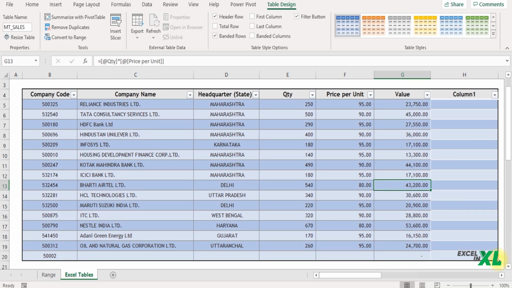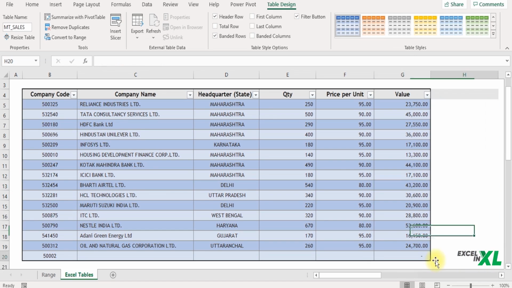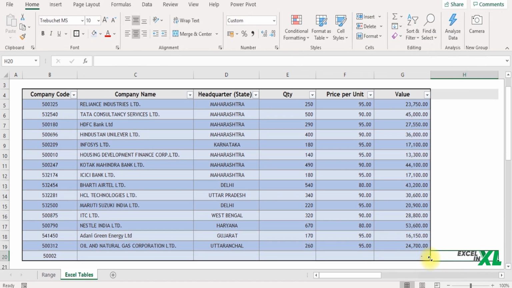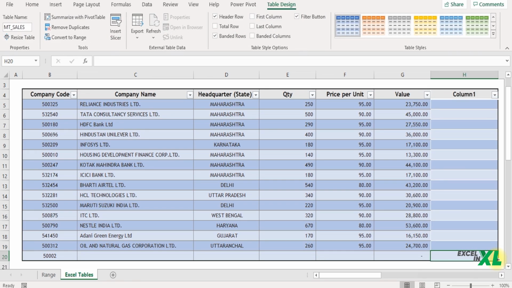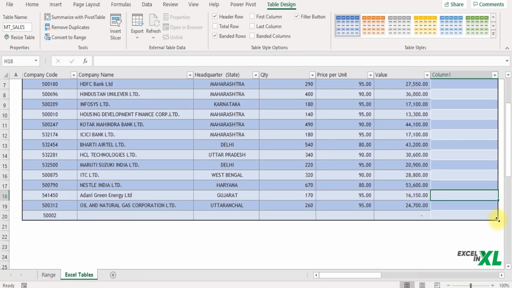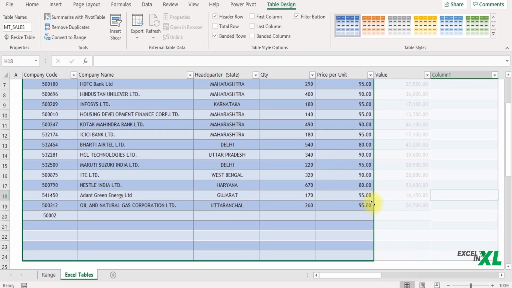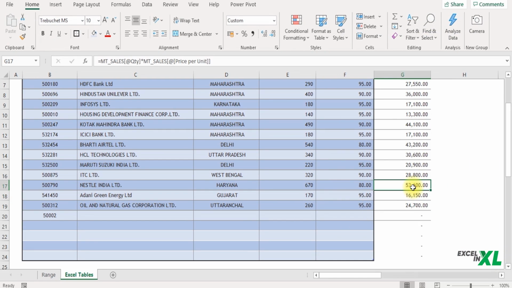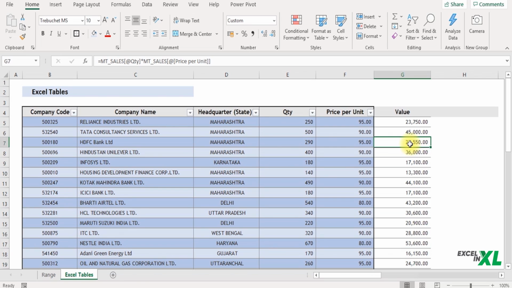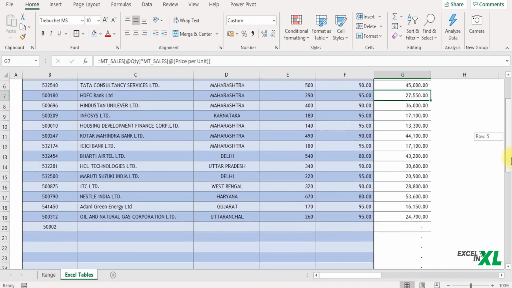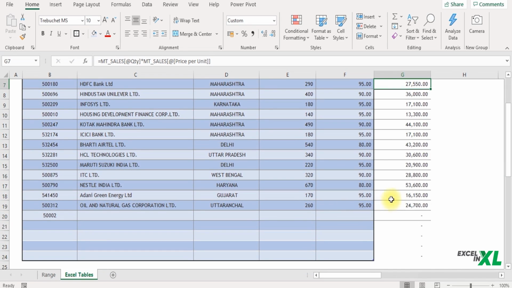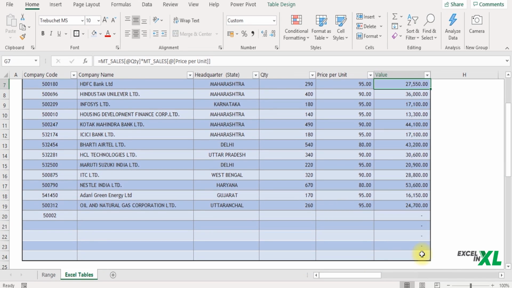Also, you have an option over here. You can simply drag and resize your table. Once this arrow appears and you move it to the next column, your table would get increased by a column. Similarly, if you want to increase it by rows, you can just drag and resize your table. Now, if you resize it to this, the column which was already there inside the table has now moved out of the table. So if you do not want to see any columns in your table, you can remove it by resizing it. And you can add it also by resizing the table.